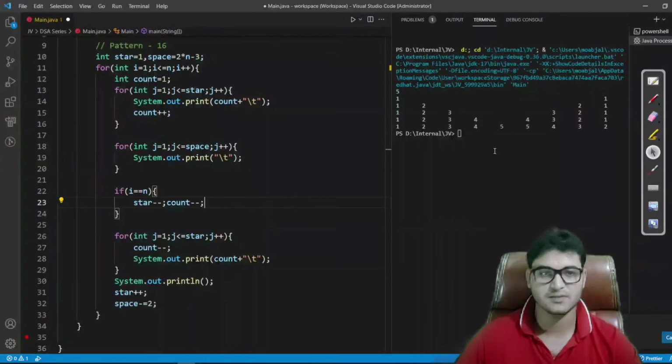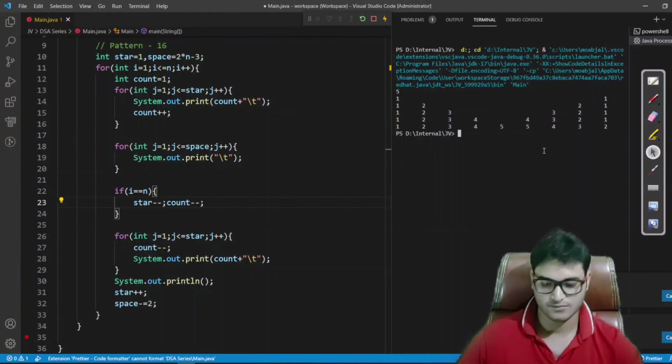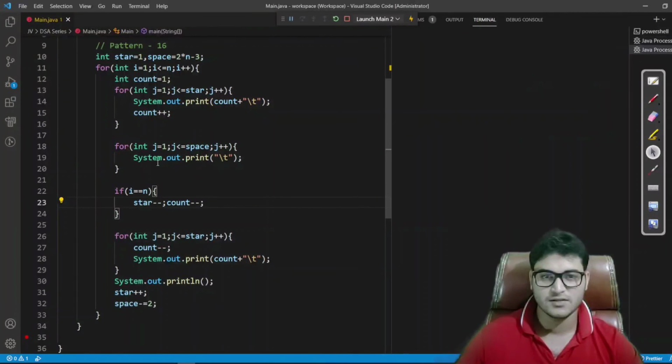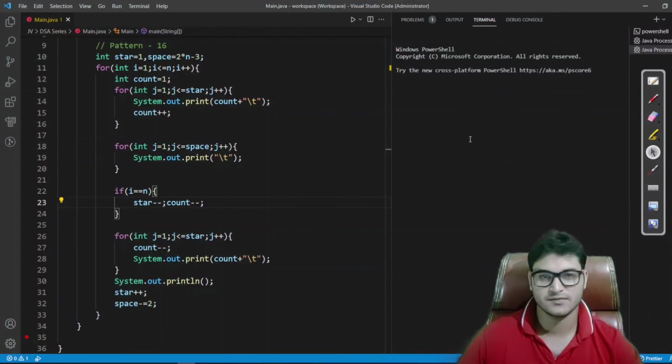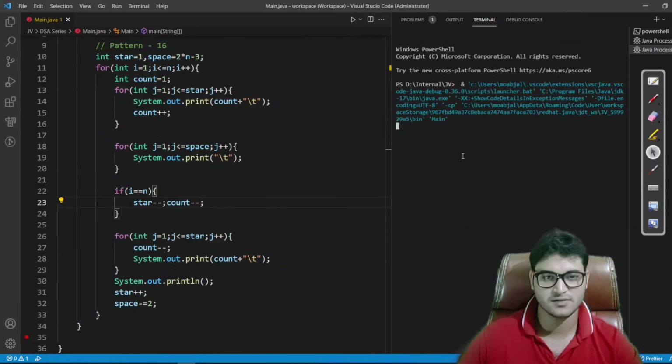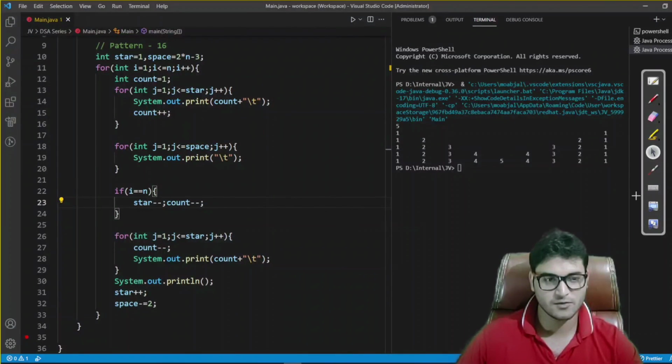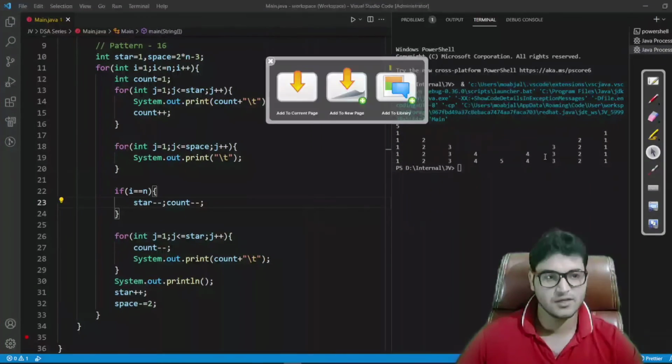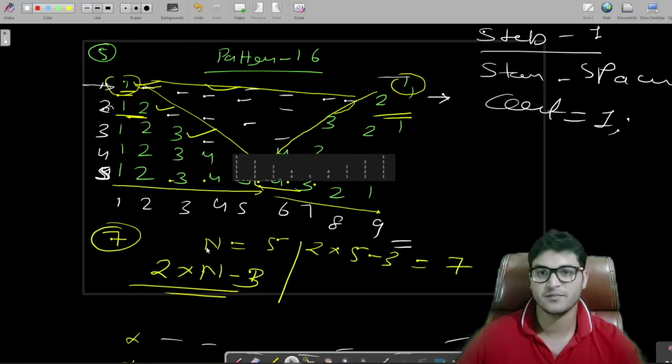So let me run this. This time I will enter 5 again and will run this program for a bigger number also, but we do not have that much space. Let me enter 5. So you can see we have got the correct output as we were expecting in our question. So let me take it to the board and we'll compare there.